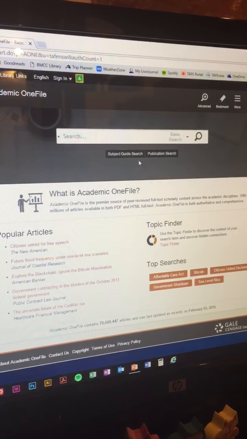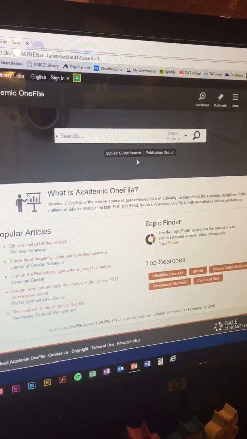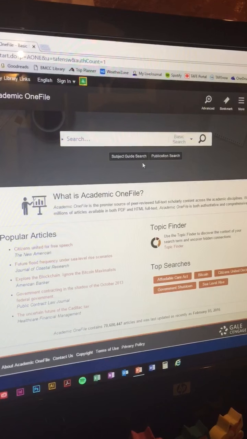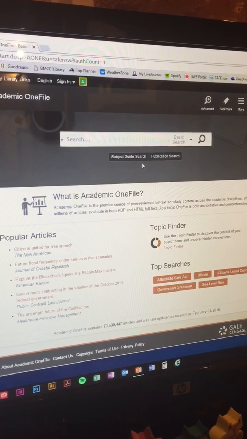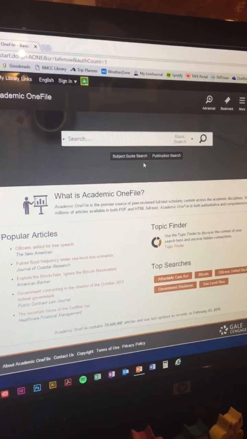Okay, so these databases use Boolean search functions, which means that you can combine terms by using the keywords and, or, not if you want. We're going to go straight to the basic search first because, oh no, there it is, sorry. Go straight to advanced search. And what we're going to search for is breast cancer,